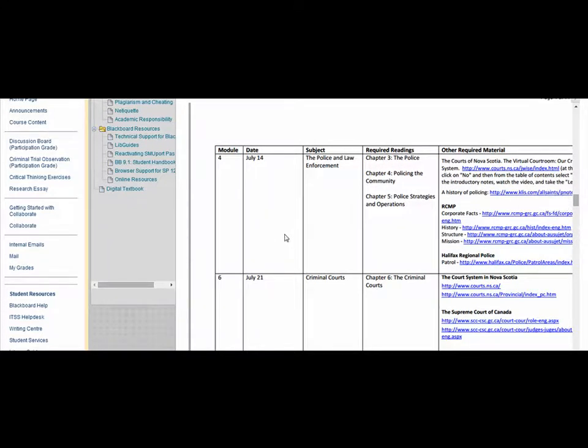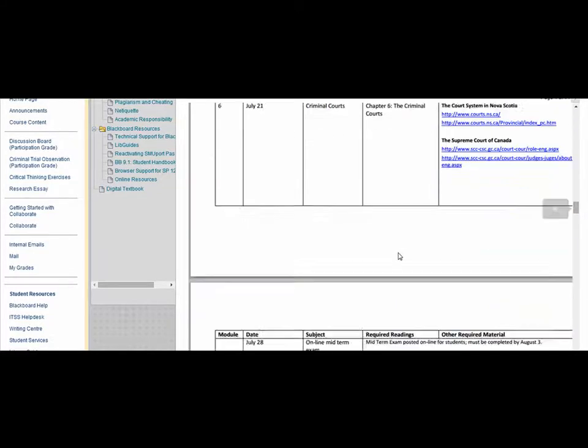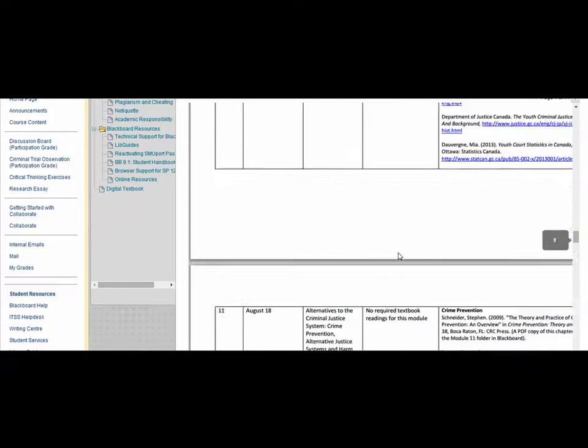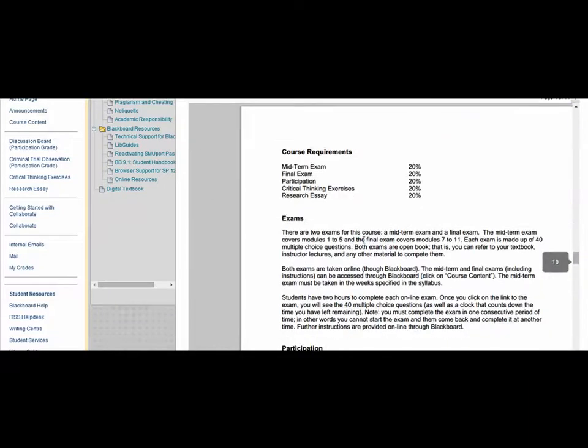Anyways, the schedule provides you with the module, the suggested week you should be working on it, the subject, the required readings, and any other required reading as well. It looks like a lot, but these are fairly short web pages on a particular subject. As we scroll down through the syllabus, it gives a breakdown of the course requirements,